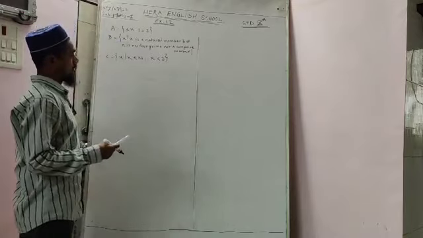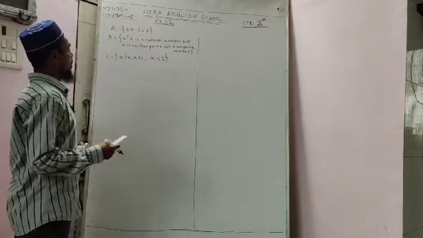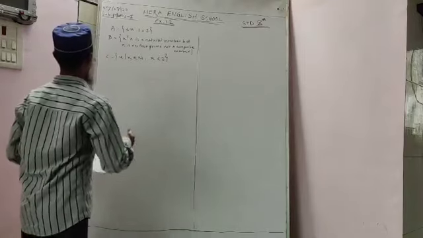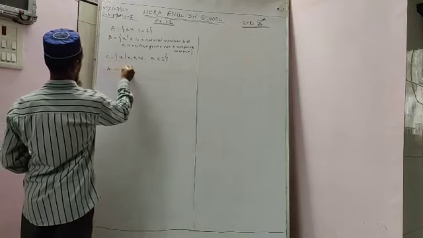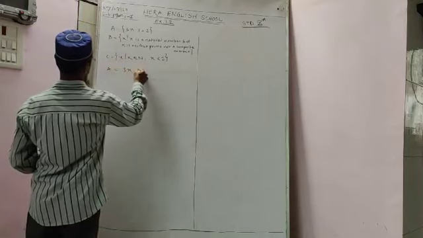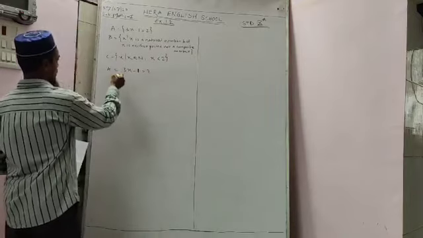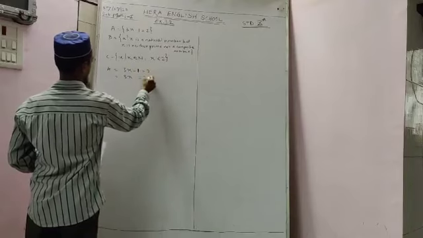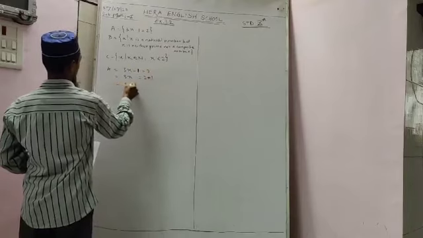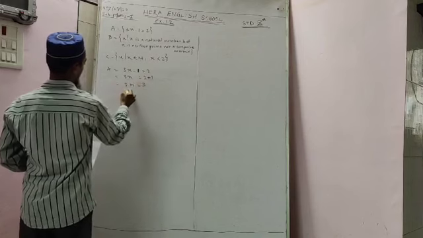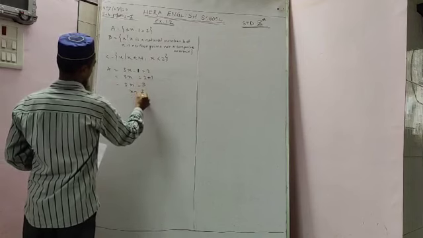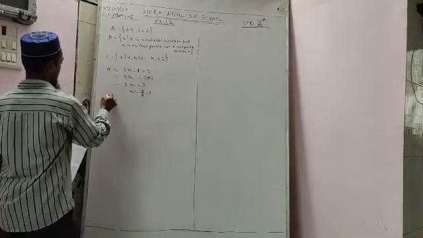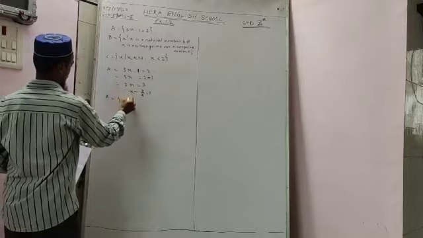We'll clear this first, the given sets what we have given. Now see very well, in set A we have 3x minus 1 is equal to 2. We'll solve this one first. 3x will be as it is. Bring the minus 1 to the right side, you will get plus 1, means 3x is equal to 3. You will get x is equal to 3 divided by 3. 3 1 the 3, cancel, you will get x equal to 1. Means in set A we have one element, that is 1.